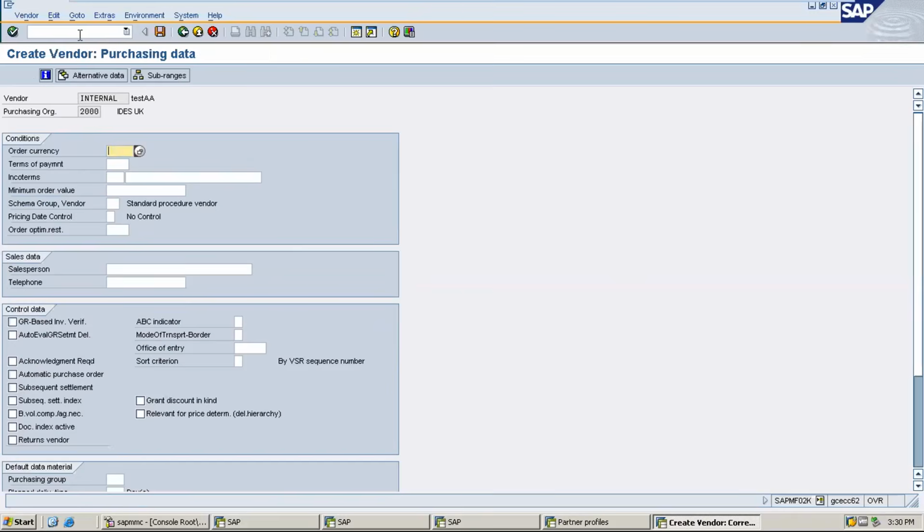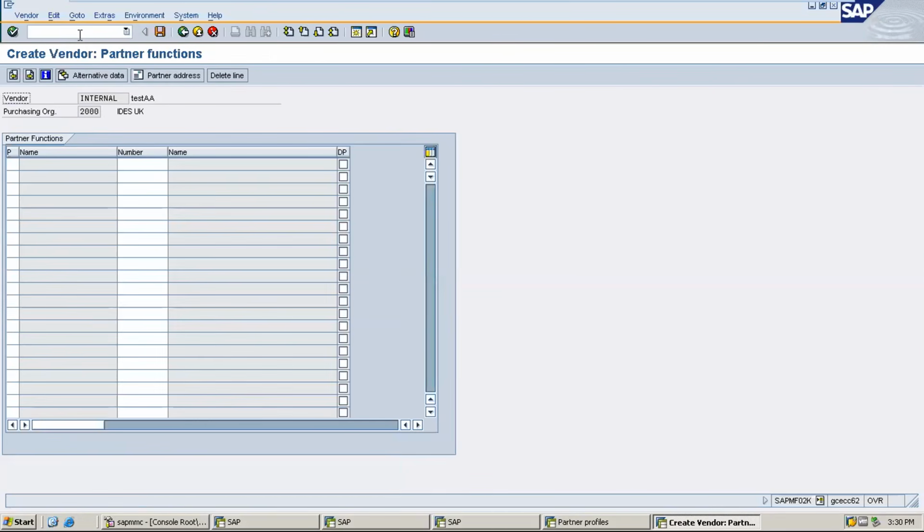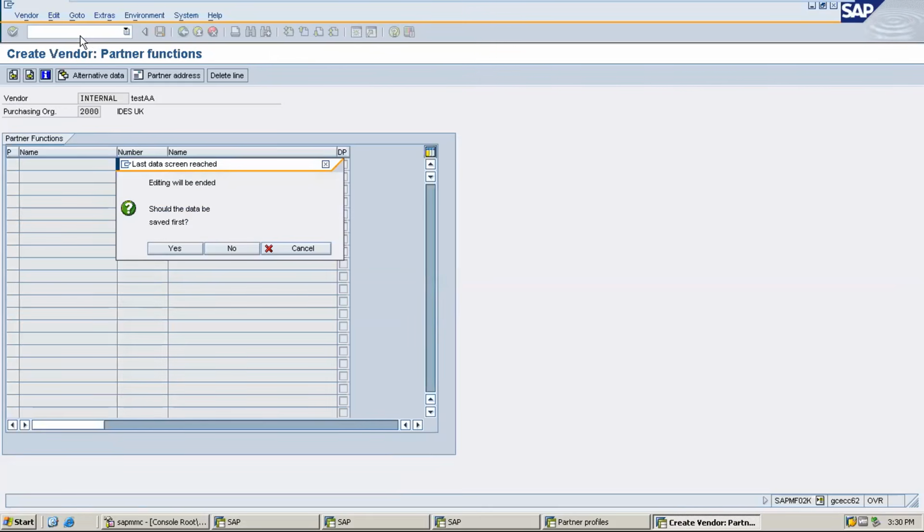Just create a sample vendor. If you have some other vendor, just use that vendor instead of creating a new vendor. It's a waste of time. I created one vendor now. Vendor number is